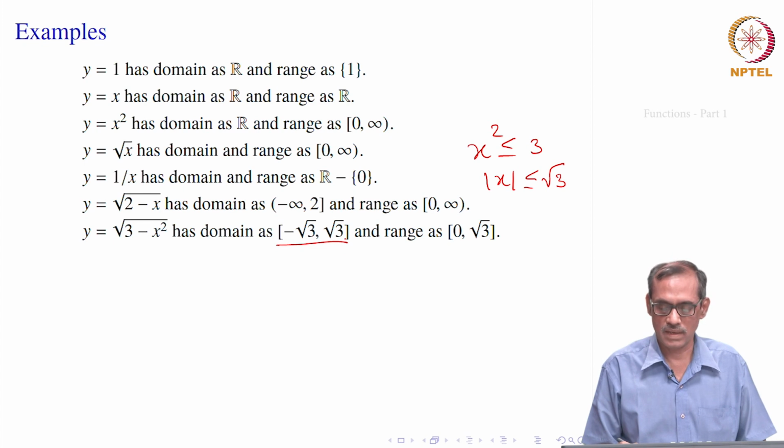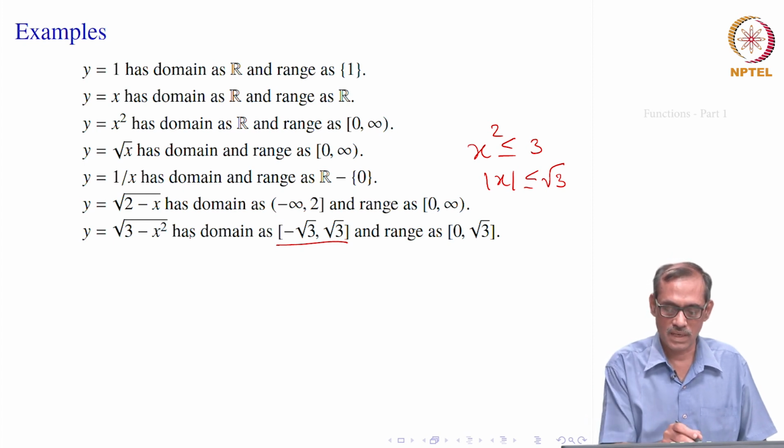That is its domain, and range of course can be anything, but now they cannot exceed root 3, because this is from minus root 3 to root 3. So, at best x can be 3, at 0 it can be root 3 also. So, the range can be 0 to root 3. That is how it would look like.